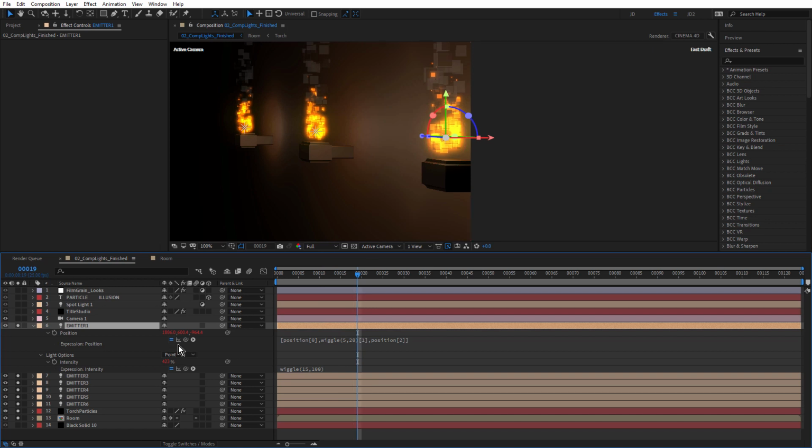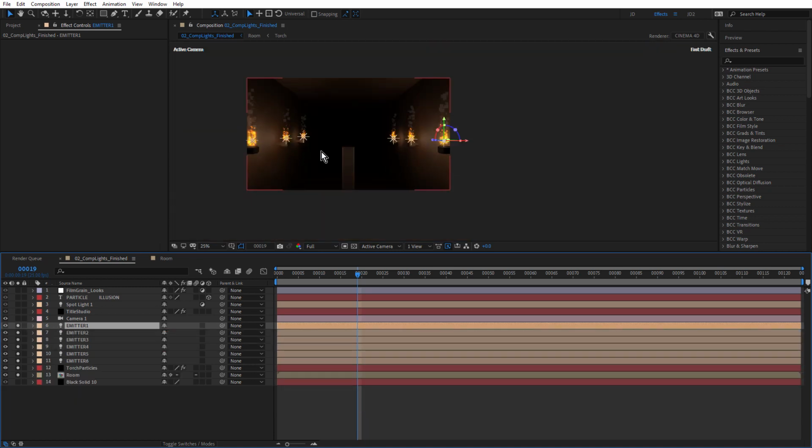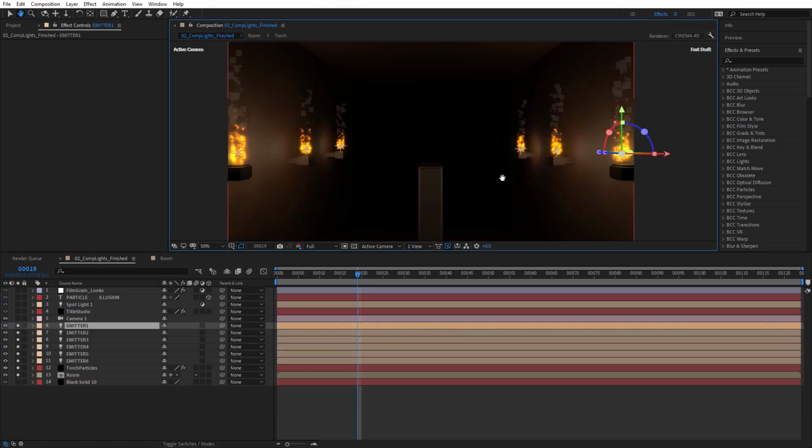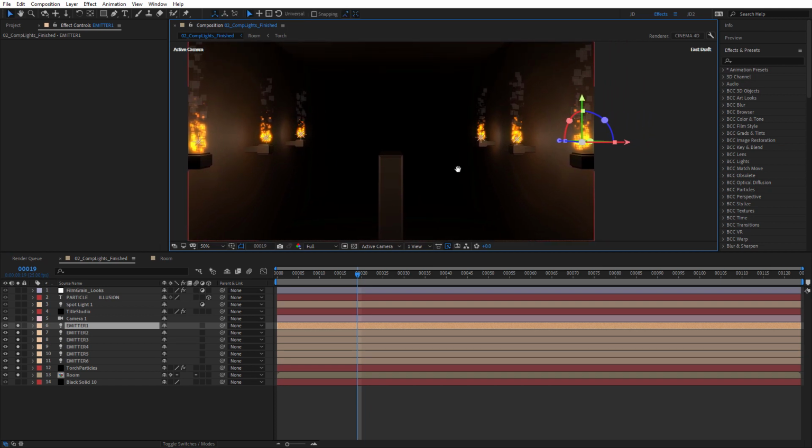So once one light was set up, I just copied and pasted the expressions onto the other lights. Probably would have been a better workflow to set up the single light with the expressions and then just duplicate it and then just position the lights in place. Okay, so super easy workflow with Particle Illusion 2021.5 and After Effects lights. It's so nice to be able to now position the Particle Illusion layers in After Effects 3D space.